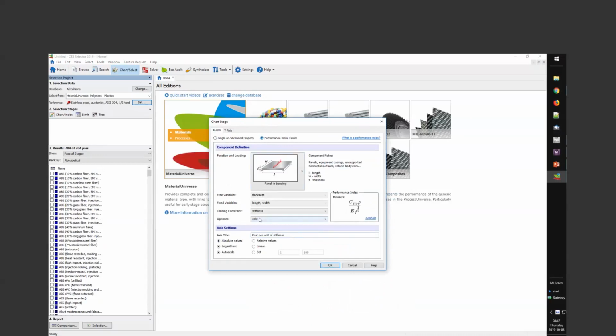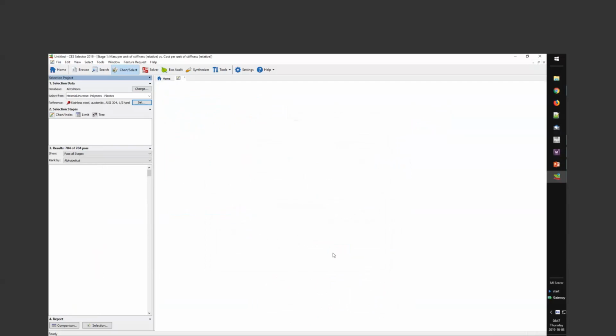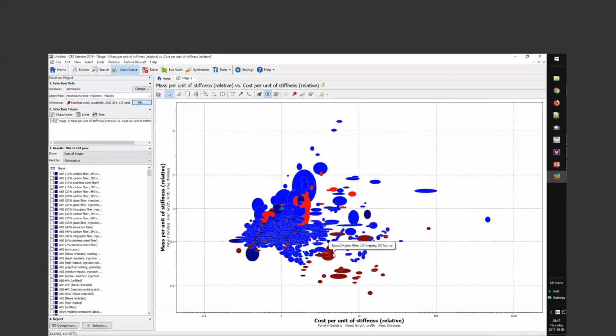What you notice is that when I choose this cost, we have something here called the performance index, and this gives us a list of all of the different properties that are relevant for this particular selection. So we have C, cost, times the density over the flexural modulus, and that's what's going to be the units for my axis when I plot this. All right, so once I've plotted my list of 700 plus polymers,